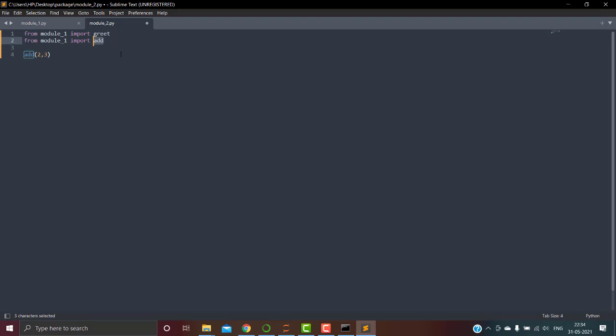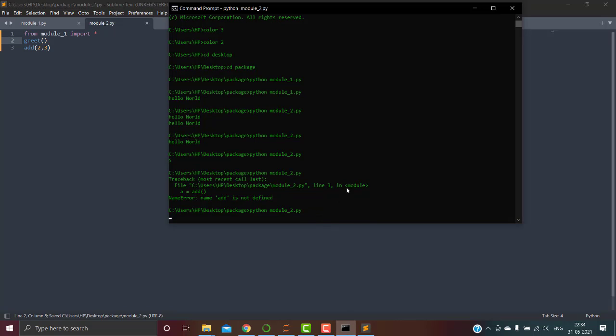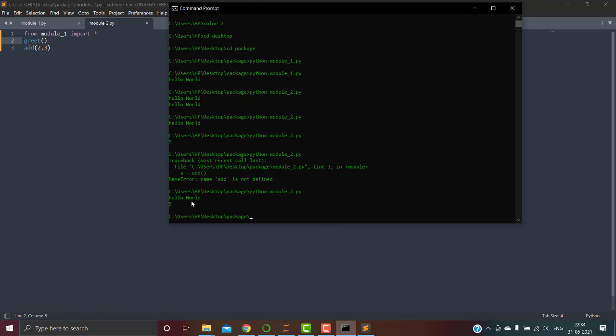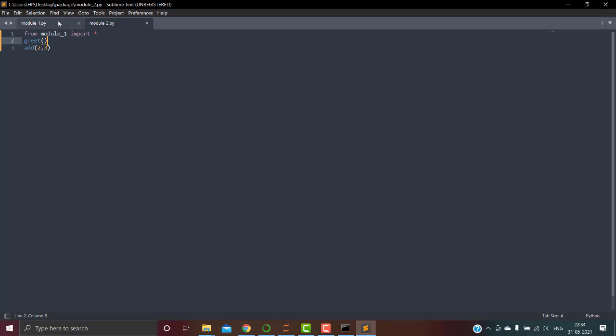Also, if you need all the functions from there, you can just put a star. So let's delete it out. Let's write star. What the star means is it will include all the functions that are written over here. So let's write greet. Let's save it out. Let's run back this code. So you can see that hello world and 5. So all the functions have been called out from here. That's how we can create a module and call out from a different